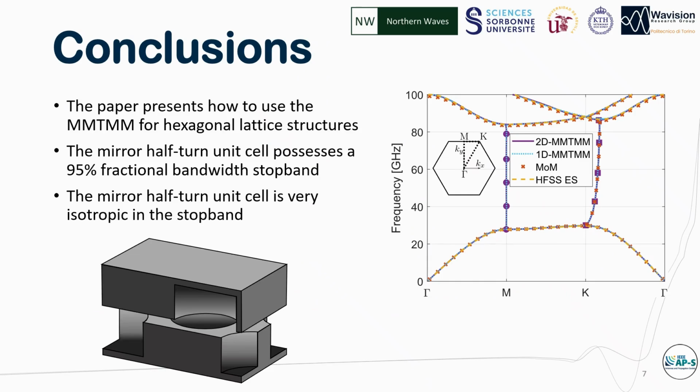To conclude, we have presented how to use the multimodal transfer matrix method for hexagonal lattice structures. We found that the mirror half-turn unit cell possesses an isotropic and wide-band